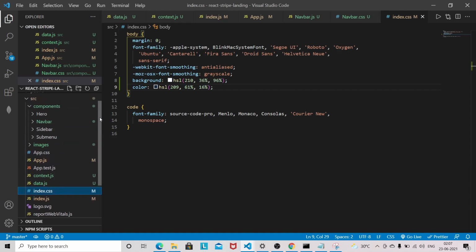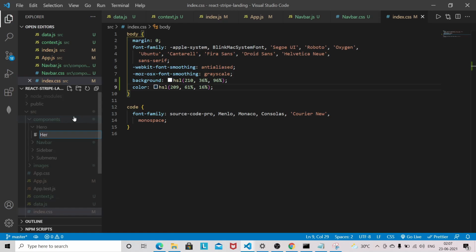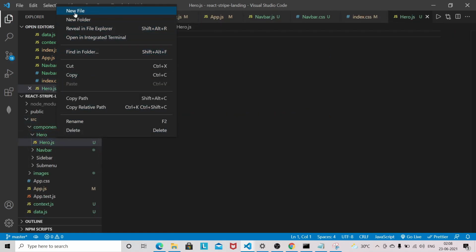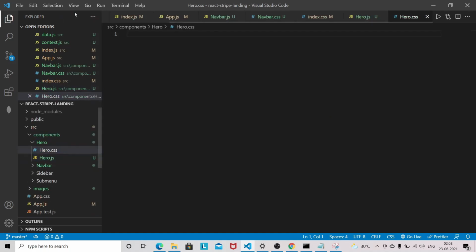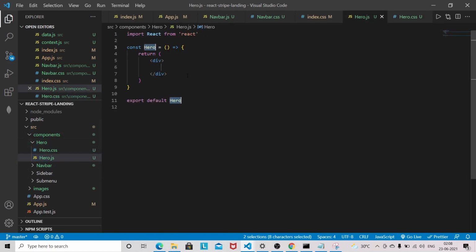So the hero component is here. I will create a hero.js file and a hero.css file, and here I will generate the snippet code.